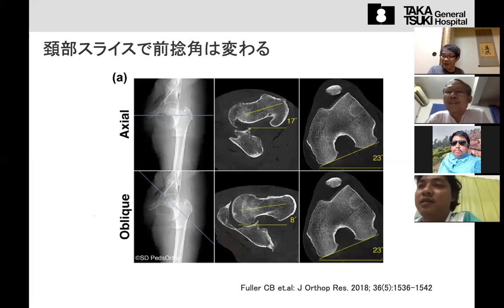Yeah, please try. It's very interesting and very easy to do. Please look carefully at the anteversion, because it can affect the patient's walking appearance. If the anteversion is not enough after the operation, the patient tends to walk with an externally rotated leg. The knee faces